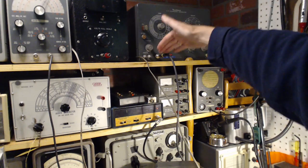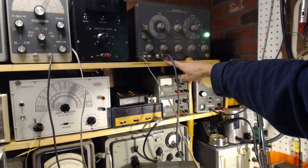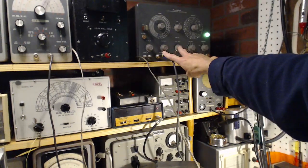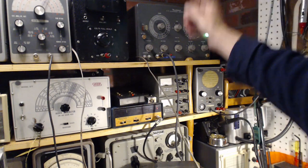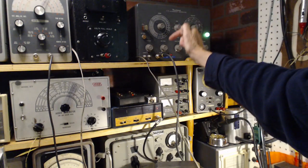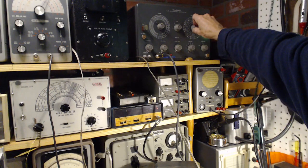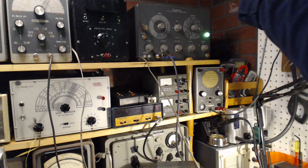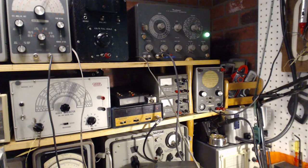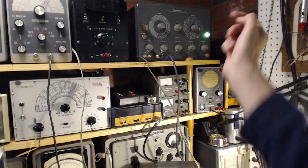I'm not sure what's going on here with these two outputs. It could be this is RF only, and this is RF with a marker generator. So two signals coming out of here, a sweeper and the marker, I think. Not exactly sure what they're doing, but it appears this output is here because of this. Okay, so we can assume this is now putting out a signal at 108, kind of a hashy signal, and